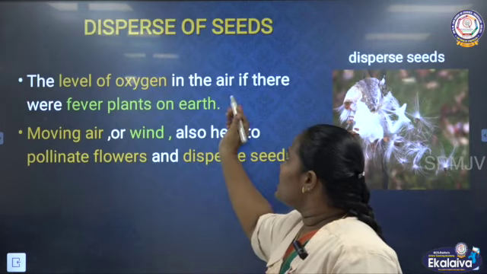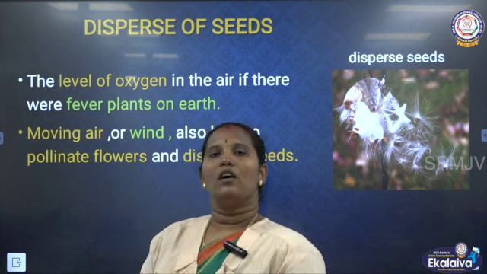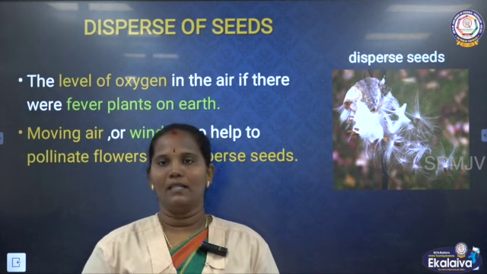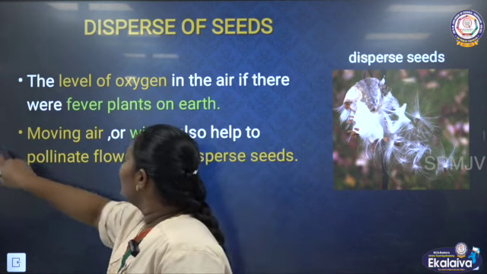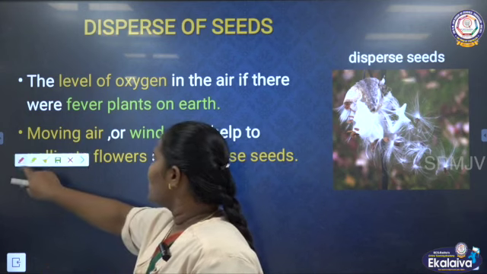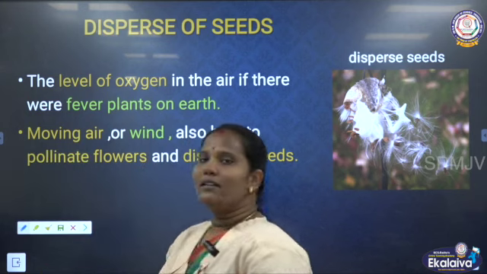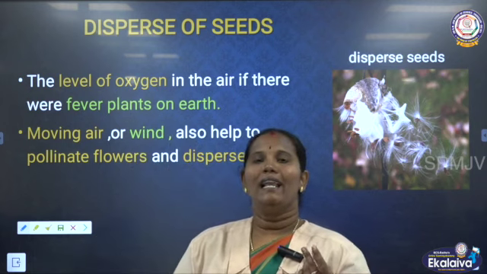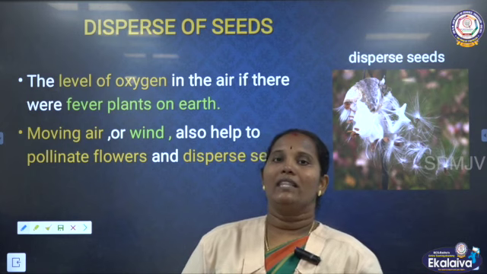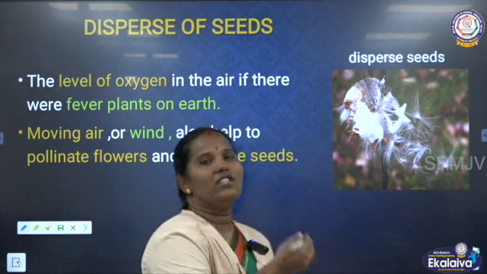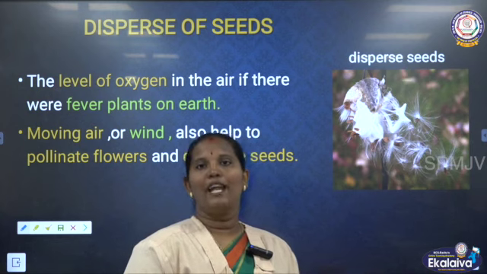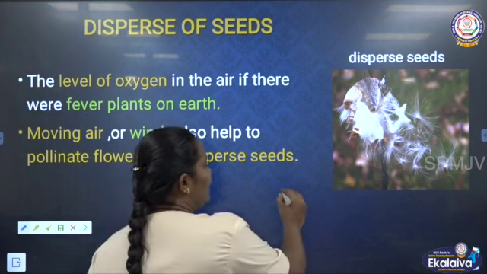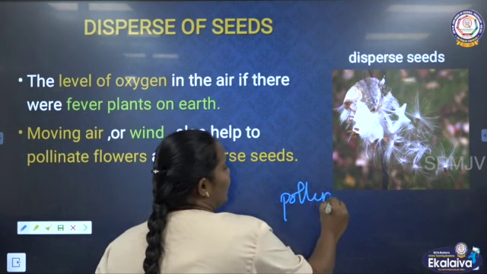Then dispersion of seeds. See, air is not only used for the breathing process. Apart from this, it is used for many purposes. We can say here seeds disperse. In the last session we saw that plants have some seeds, some very lightweight seeds. Okay, they have wings also. These seeds can disperse from one plant to another plant. This is related to pollination. We saw there the pollination. Pollination means the transfer of